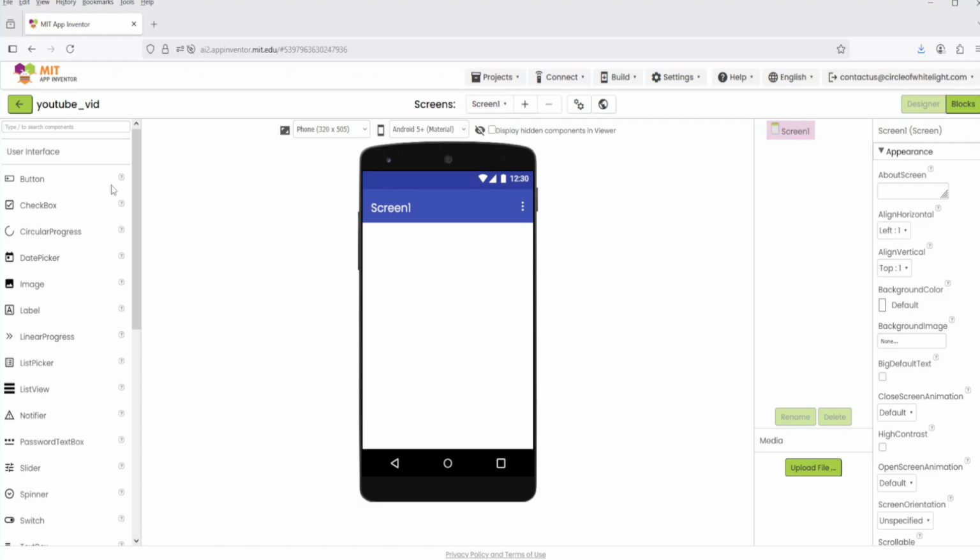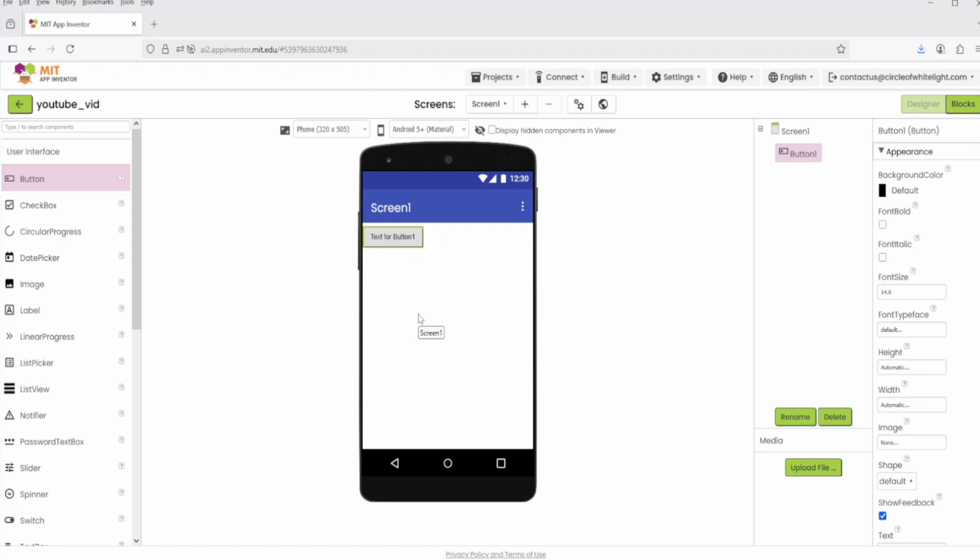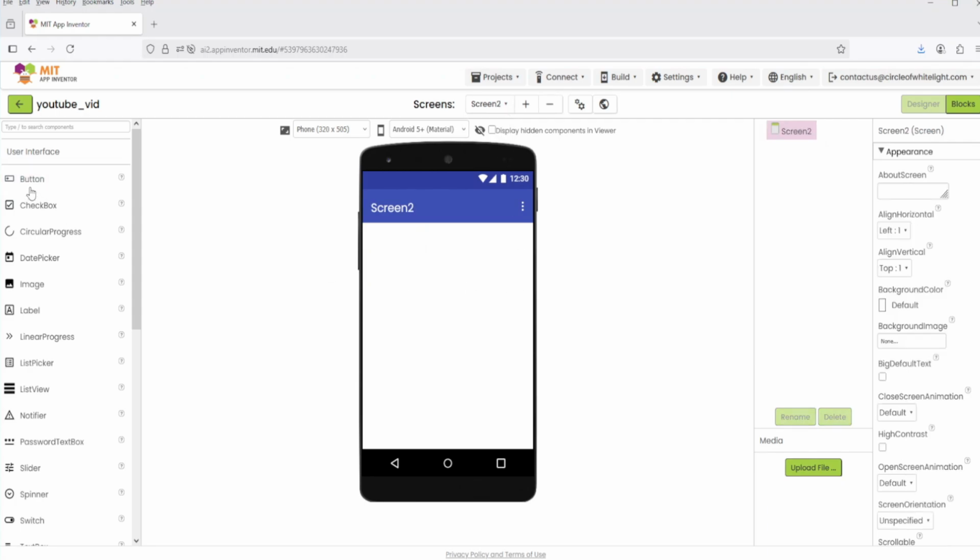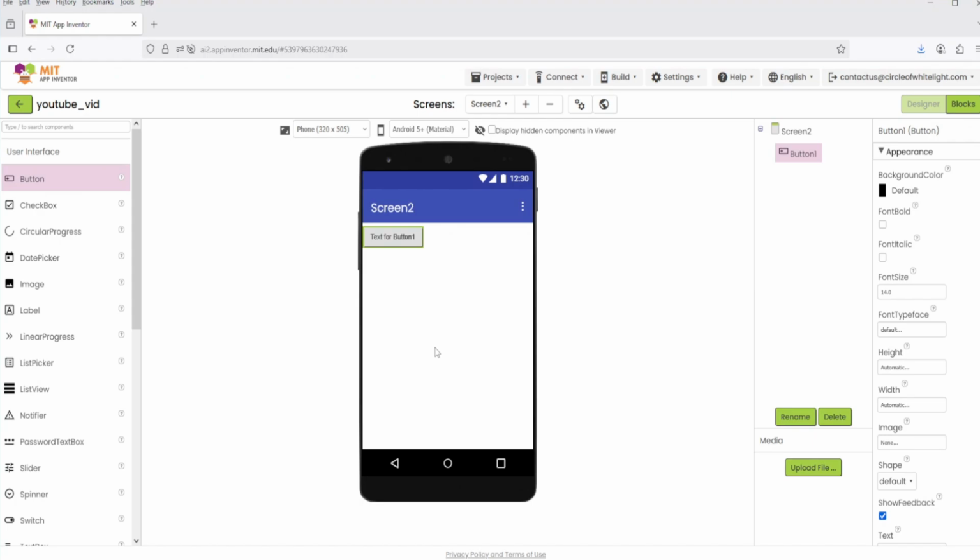Well, what we'll do is we'll just drag a button out from over here, and obviously it's called button 1, so we leave the default names. And then we'll go to screen 2 and we'll also add another button here on screen 2. Now let's just go back to screen 1 for a minute because we need to go into the blocks to